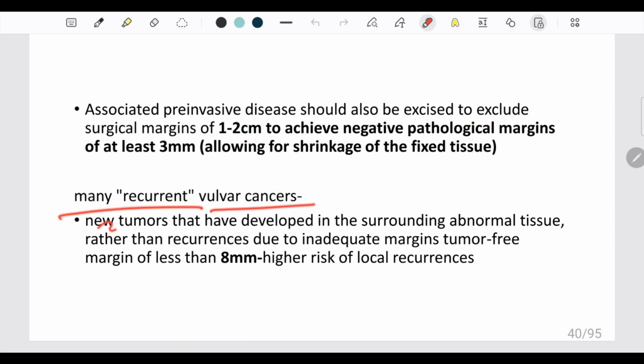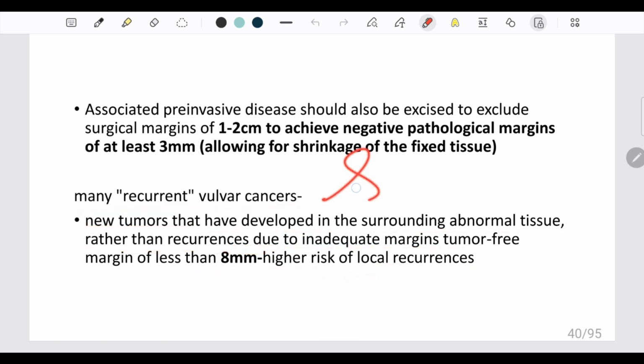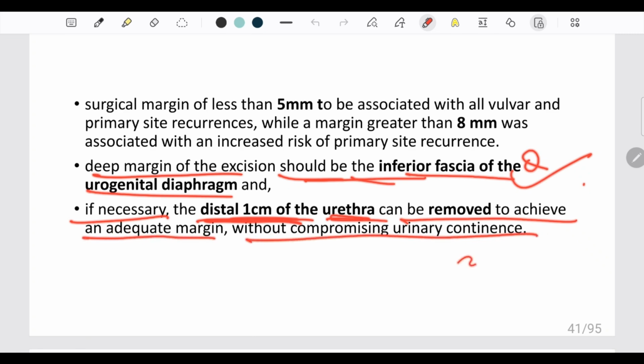Many recurrent vulvar cancers are new tumors that have developed in the surrounding abnormal tissue rather than recurrence due to inadequate margins. Tumor-free margin of less than 8 mm carries high risk of local recurrence. So pathological margin of 8 mm is required to avoid recurrence. Deep margin of the excision should be up to the inferior fascia of the urogenital diaphragm, and if necessary, the distal part of urethra, distal 1 cm of urethra, can be removed to achieve an adequate margin without compromising the